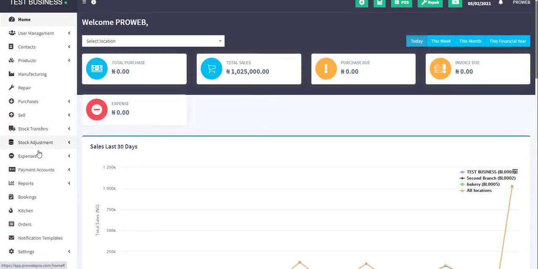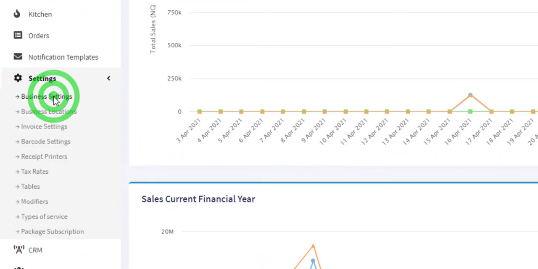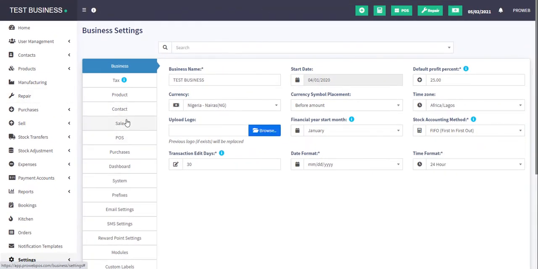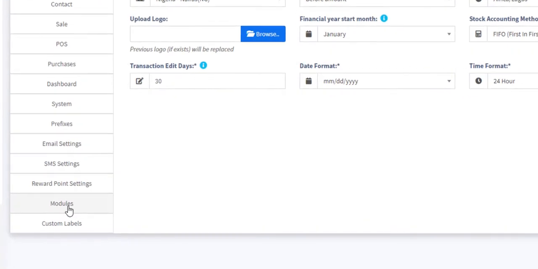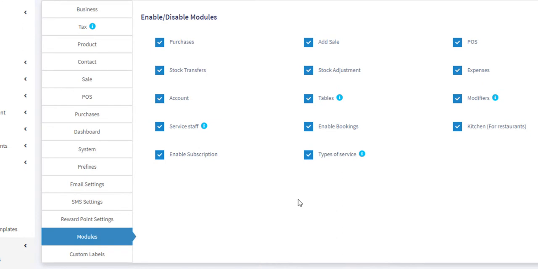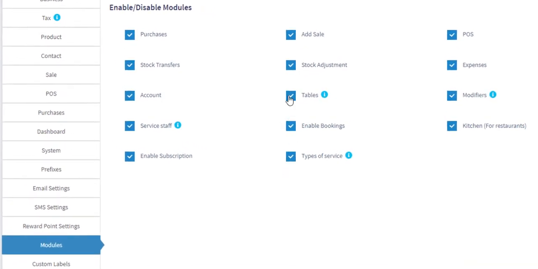So let's go ahead, scroll down right here, click on settings and click on business settings. Right here you're going to see a lot of options, so you scroll down and click on modules. You're going to see some features right here that I'm going to tell you what to do with. You're going to enable the service staff, number one. You're going to enable the tables, and then you're going to enable the kitchen, which is very, very important since